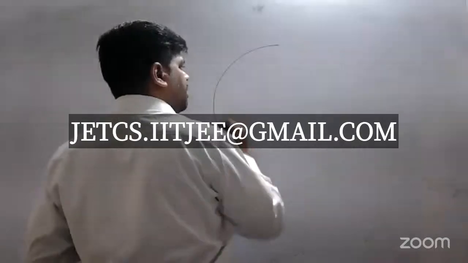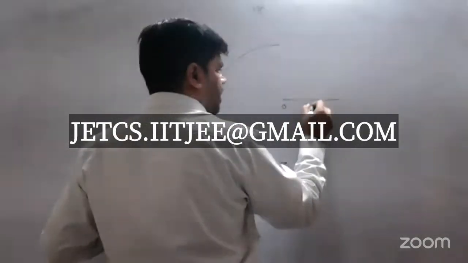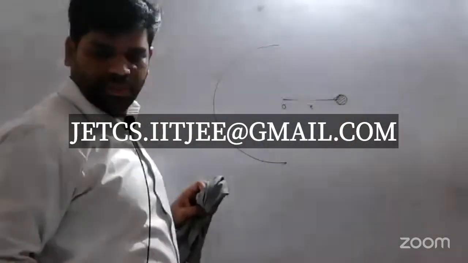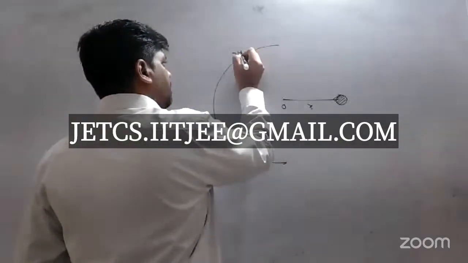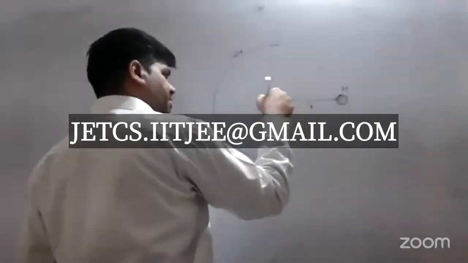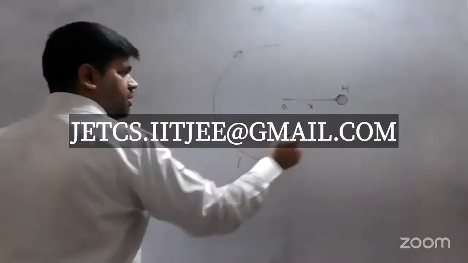I've got a semicircular ring, and at a distance x from the origin I've kept a particle of mass m. Mass of the ring is 2m. Mass of the particle is m. I have to find x such that the center of mass lies at the origin. So if this is 1, this is 2,